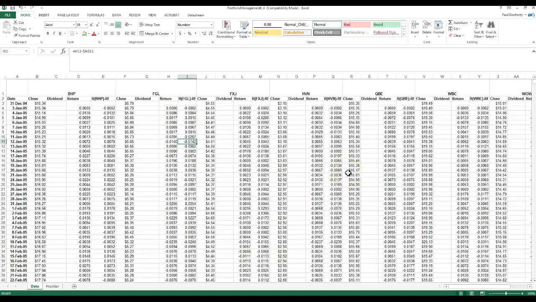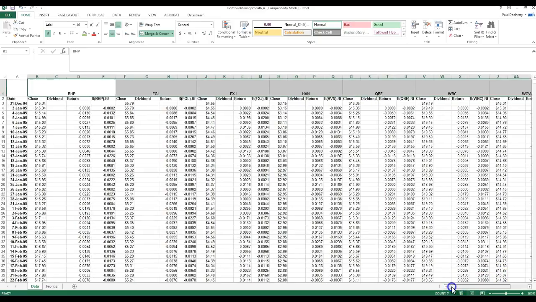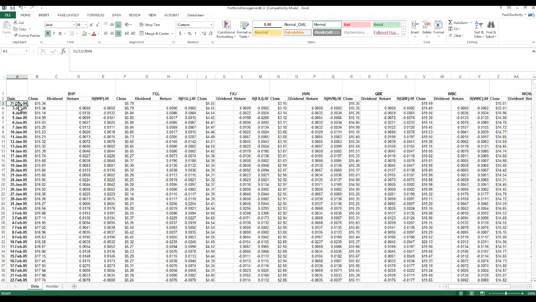This video explains how to calculate returns, risk, and the variance-covariance matrix for a series of stocks. We can see here we've got 7 stocks, their historical returns, and this is used as an input into our efficient frontier calculation. So what I've got on the screen here are the historical returns for 7 stocks: BHP, Foster's